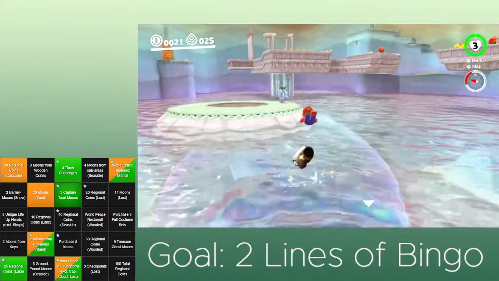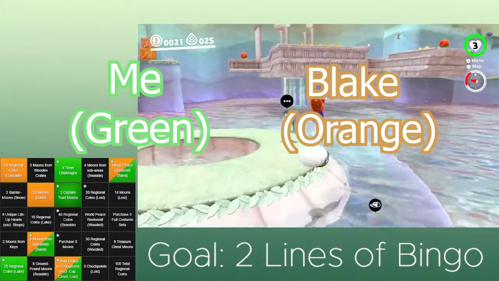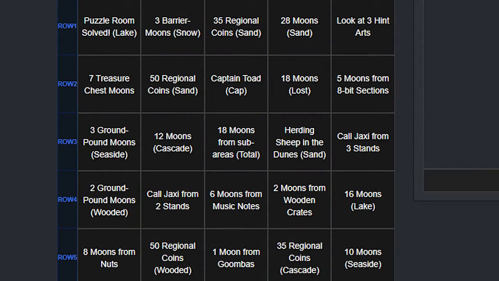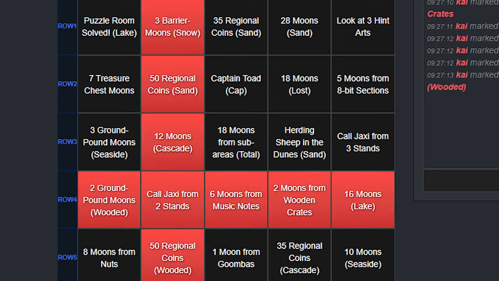The other day, I challenged my friend Blake to a 2-lane beamless speedrun in Mario Odyssey. Here's how it went. Oh, and the way this works is that we get a board of 25 random objectives, and the first person to complete 2 lines of these objectives wins. So that's out of the way, let's start